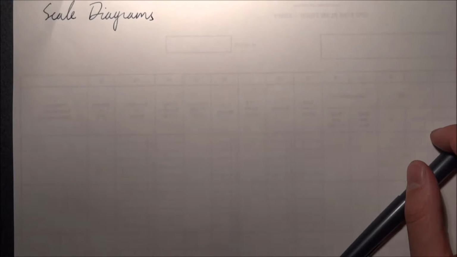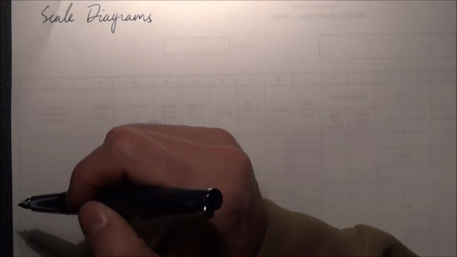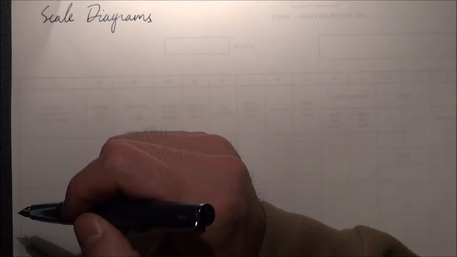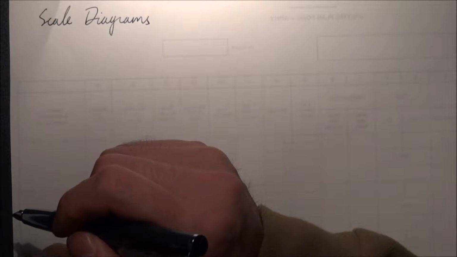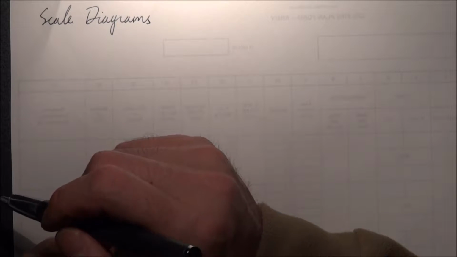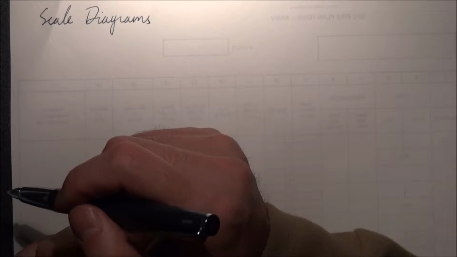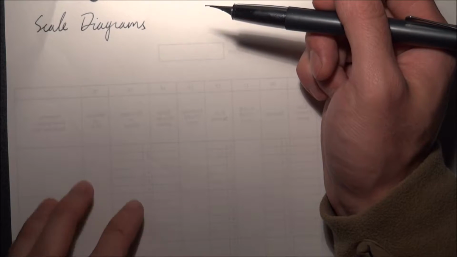Well, one place where the principles of scaling and similarity are used extensively would be the production of scale diagrams. Because unfortunately, a lot of things in life are either too big or too small to fit onto an A4 page. So, for example, if we have, say,